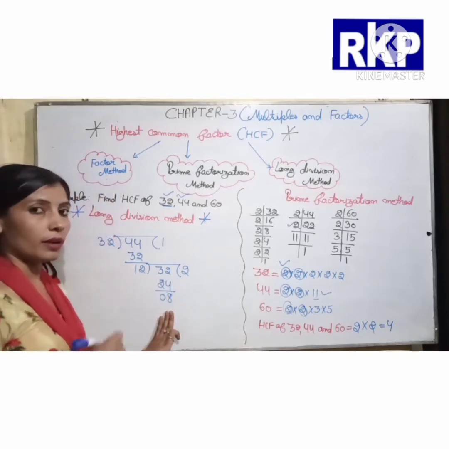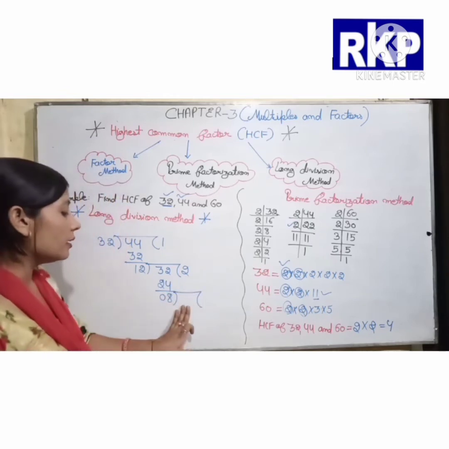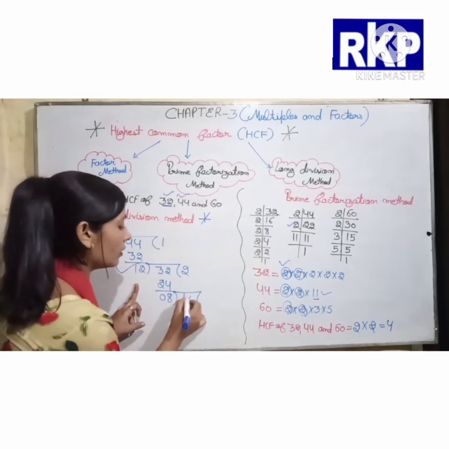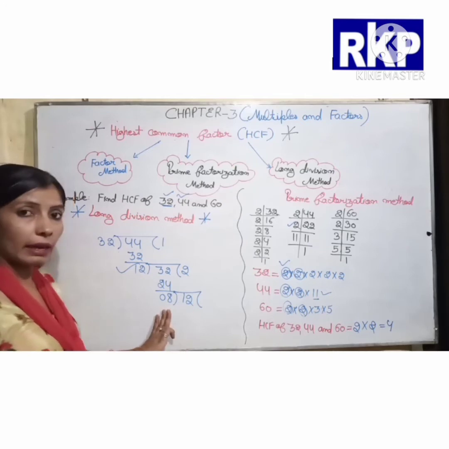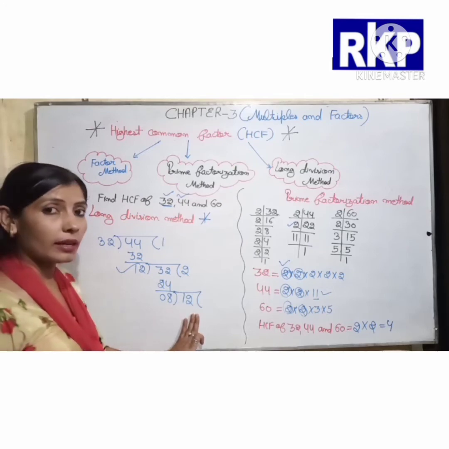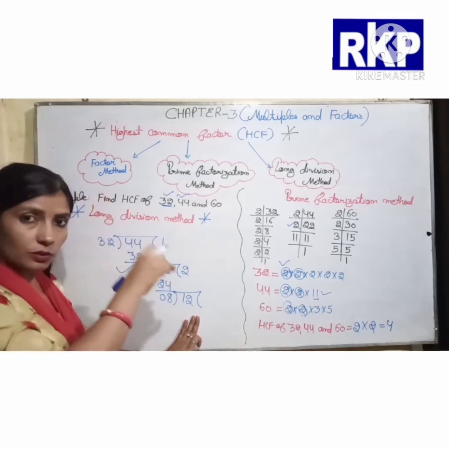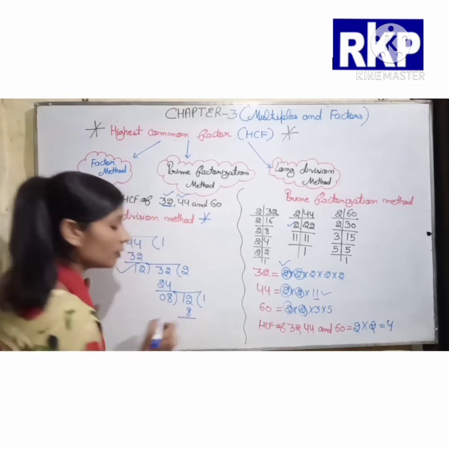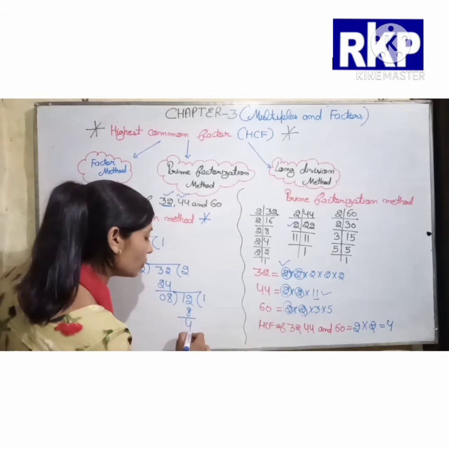Okay. Now beta, again we have to make a sign of division, and here we have to write this 12 here. Okay. Now we have to divide this 12 by 8. 8 1 jar 8, 8 2 jar 16. So 16 is greater than 12. So we have to write here 1. 8 1 jar 8. And when we subtract, we will get 4.